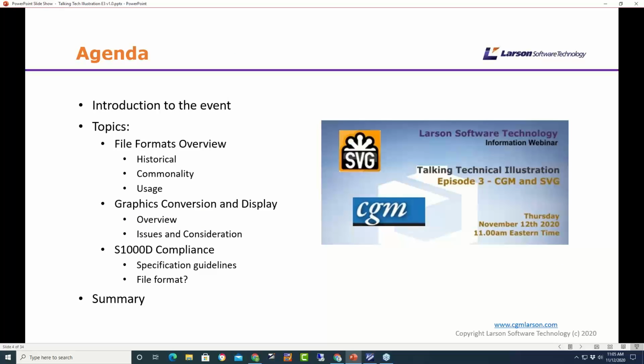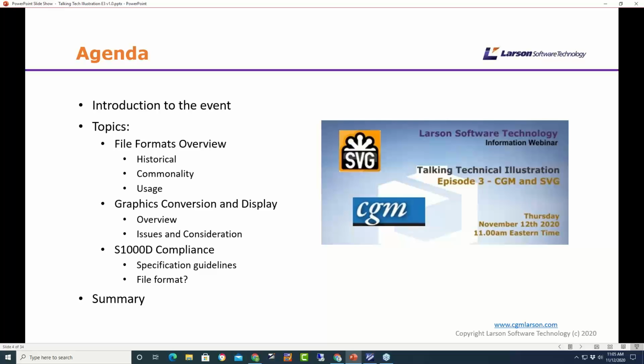So I'll give you a bit of an intro in a second to the event, but the agenda: we'll be looking at the file formats themselves historically and what's the commonality between the two and their usage. And then we'll talk a bit about conversion and display and some of the issues and considerations you need to make when you are actually converting from one format to another.